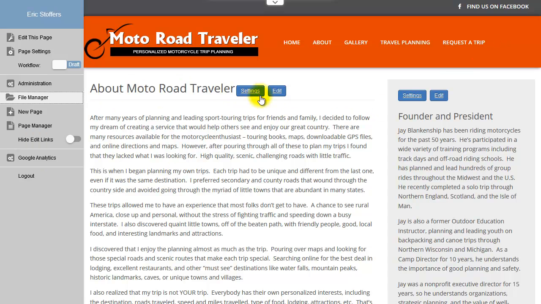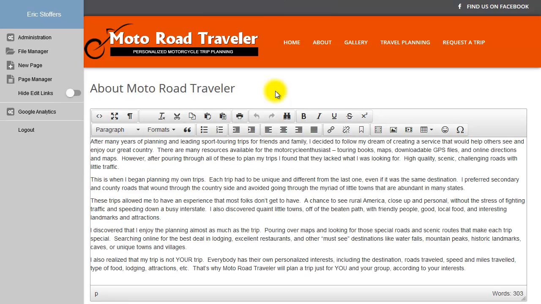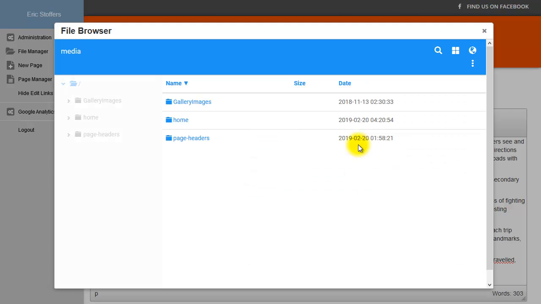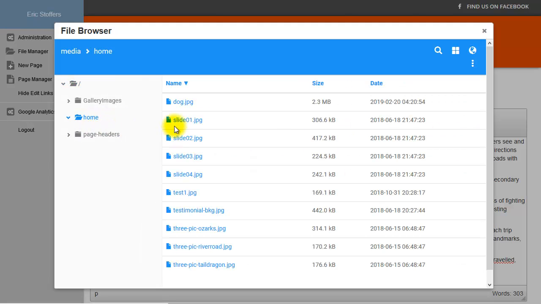Once the photo is uploaded, and that's one way to go about it, you can upload the photo first. There's also a way that you can upload it on the fly within this interface, which I'll show you as well. But so we have that dog photo. Let's say we want to put the dog photo over here on the right. You would think, well, I'll put the cursor on the right, but no, actually you want to put it on the left, the beginning of the copy, then go under your insert image, go find that dog photo,